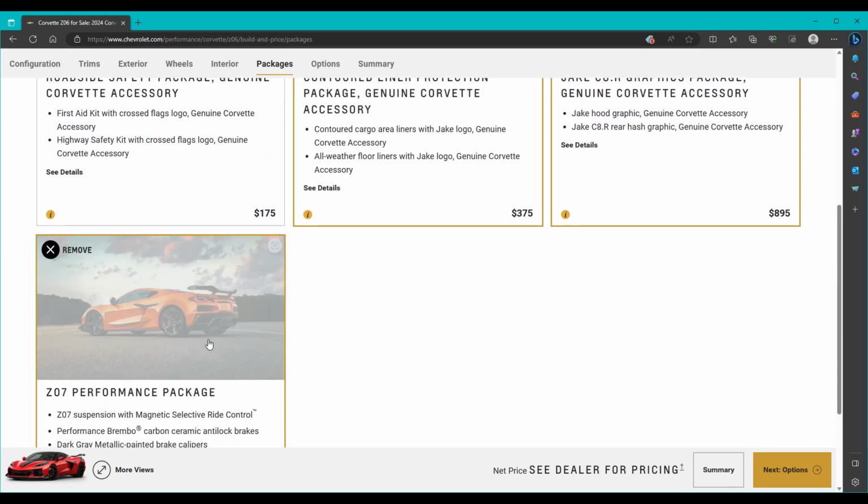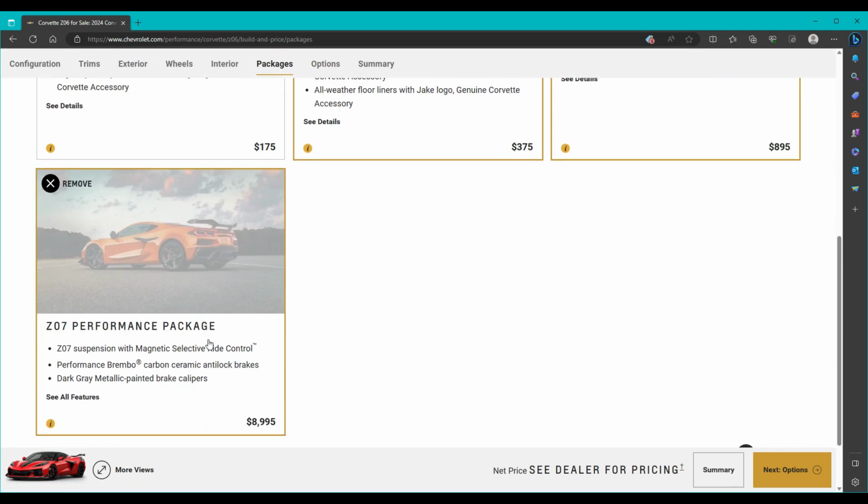If Z07's available when I get the car, I'm going to go Z07. I just don't know how much tracking I would do. Probably none. Honestly, I've not even taken my ZL1 to the track, which is like heresy because it's a 1LE. But it does handle more like a track car. Z07 is obviously going to handle more like a track car, but